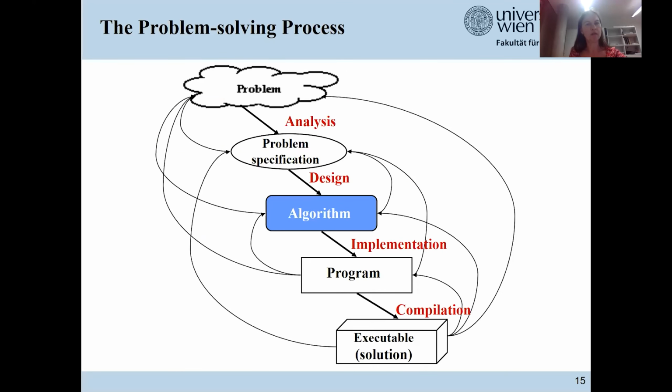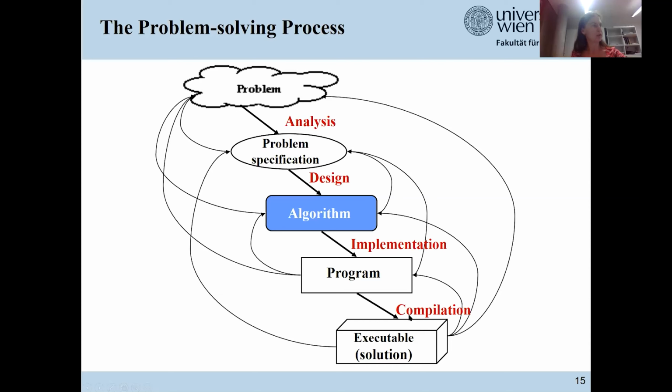And here you see the problem solving process. In the beginning, you have a problem. You analyze this problem and end up with a problem specification, which you can write down as an algorithm specified by pseudocode. Then you have to implement this algorithm, meaning that you transform it into some programming language.